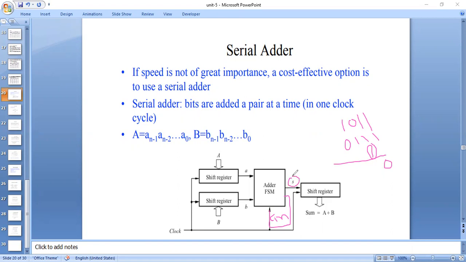So that is what we are going to construct. How can we construct this serial adder, and what is the circuitry we need? Before going to the construction, first you have to draw the state diagram from the problem statement. For this full adder, we are going to draw a Mealy type state diagram. In this Mealy type state diagram, the output depends on both the present state and also the input.